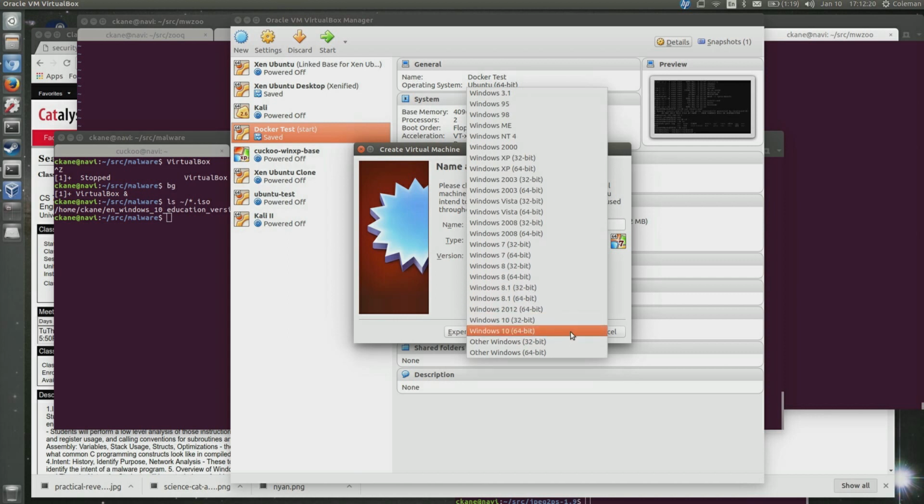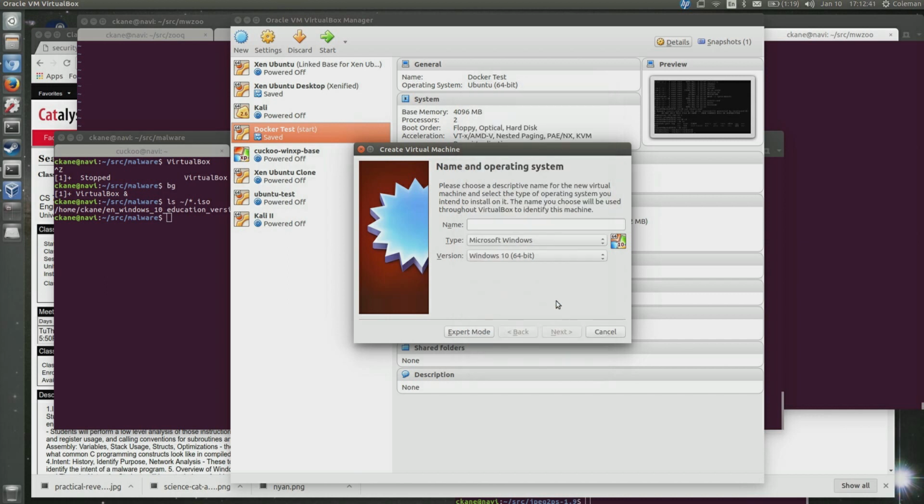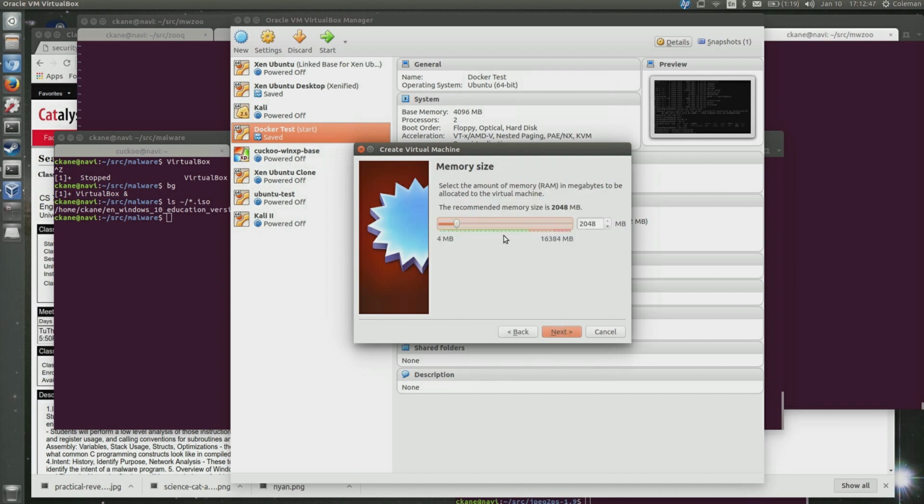If I pick the operating system I would like to install, this isn't choosing an operating system from a library or anything. This is me telling VirtualBox that I'm going to create an empty computer, but I want it to have a hardware configuration that supports the version of Windows or Linux that I'm going to put in here. So I can pick Windows 10, call it Win10 test, and then pick the amount of memory.